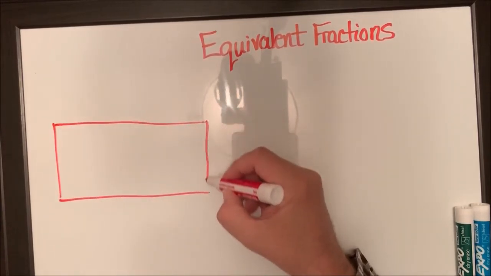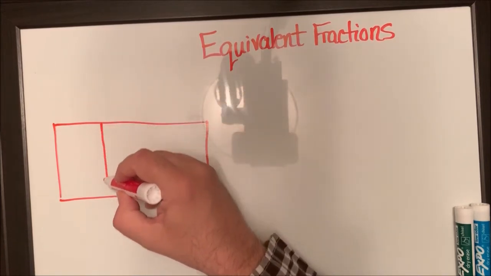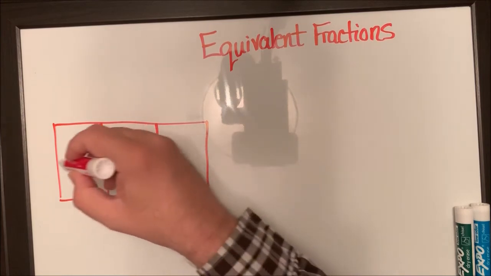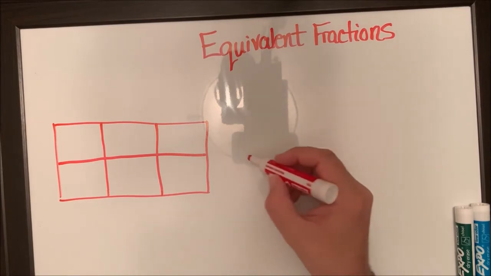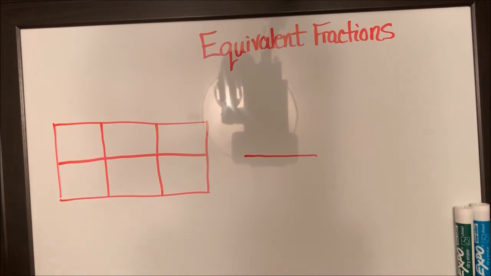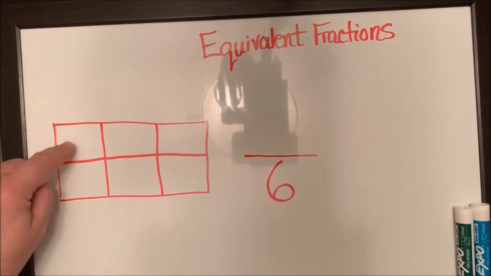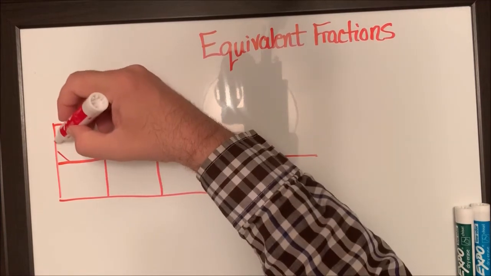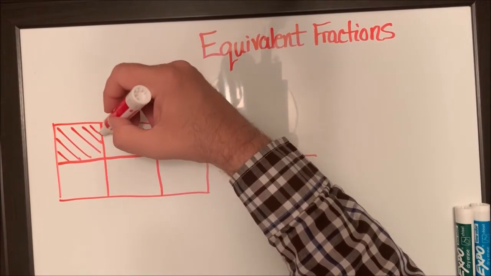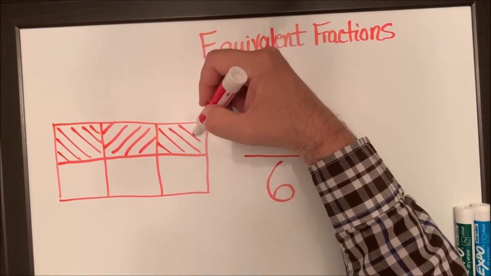Do a bigger pizza this time. And in this pizza, I cut this pizza into 6 equal slices. Okay, so again, my fraction, the total number of equal slices in my pizza is 6. That's the total number of slices. 1, 2, 3, 4, 5, 6. 6 slices altogether. If I ate, in my lovely pizza,